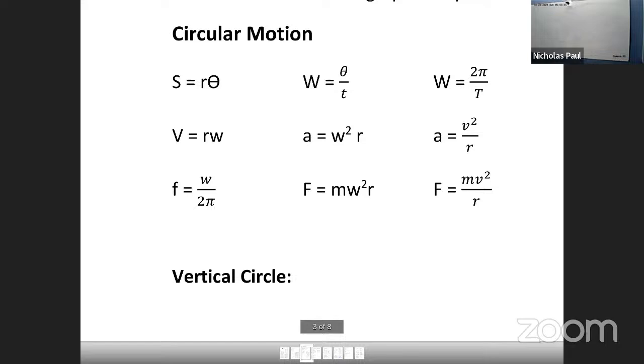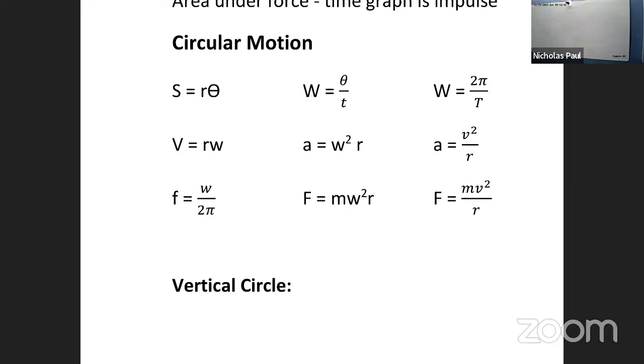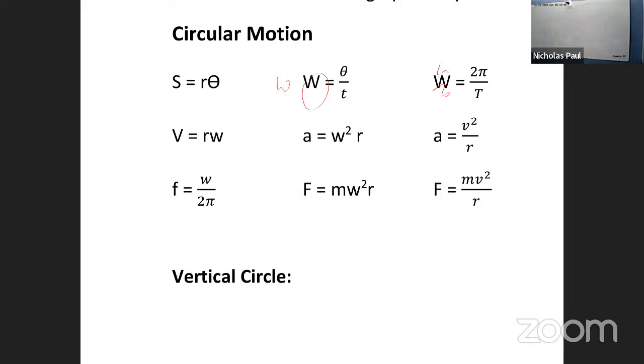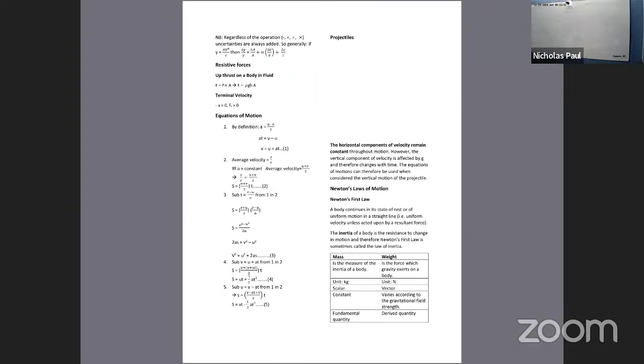Last day in circular motion, we had all these little formulas we talked about: centripetal acceleration, centripetal force, linear motion, and what we call angular velocity. We had all those formulas. We said during a vertical circle,